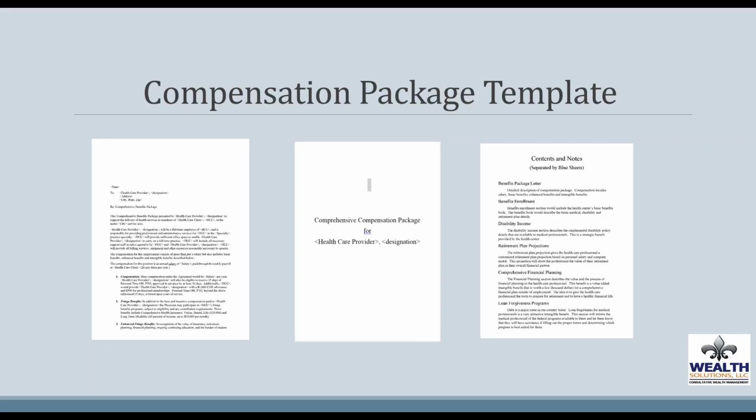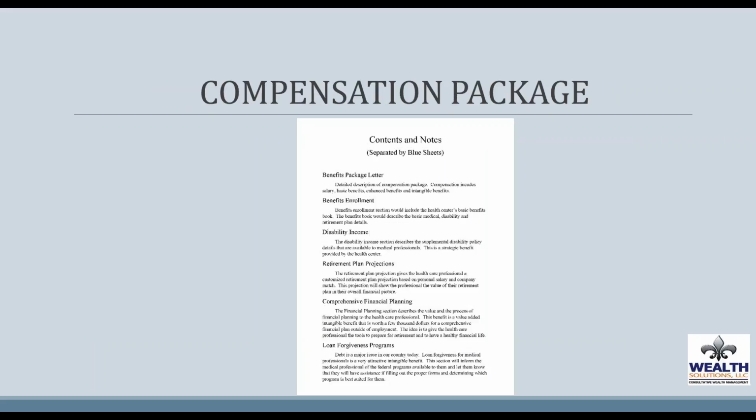And this is just an overview, or should I say, the package really gives us an idea of all of the different benefits, with sections on each one, and we're going to go through each one, on all of the benefits they're going to be receiving in addition to their compensation. And this is going to be described in, as we say, our tool. So if you go to the next page,